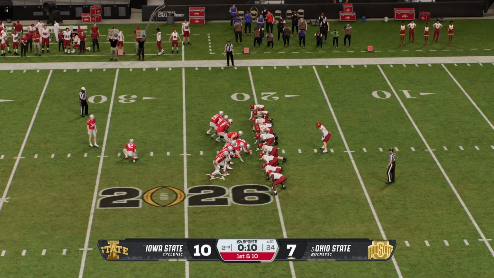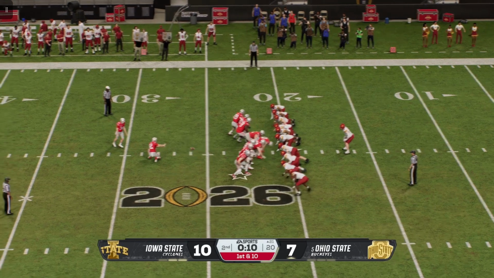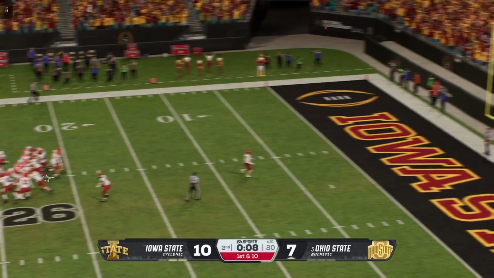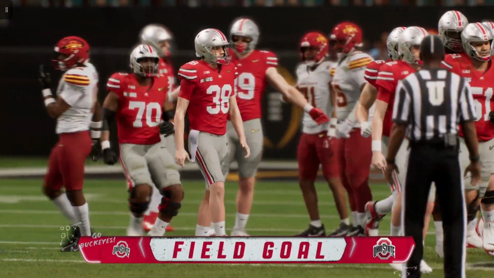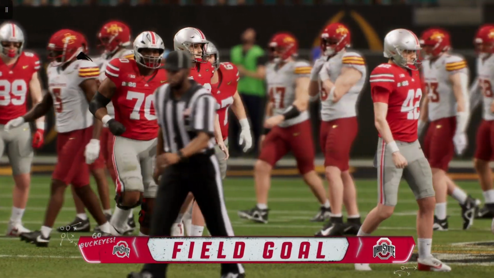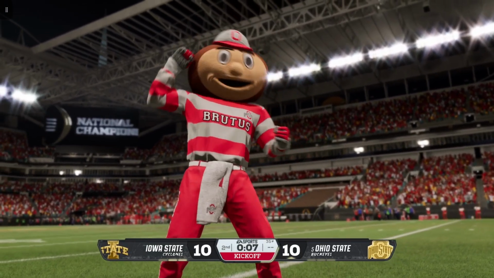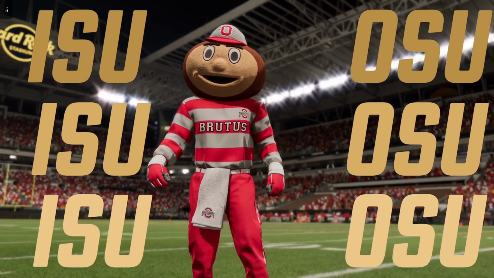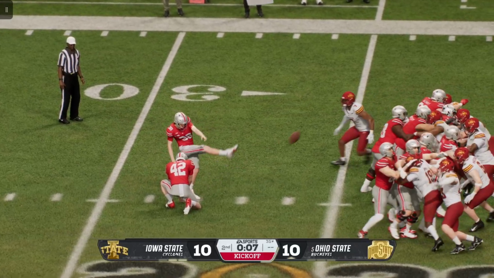So on first down, field goal units are out there trying to get 3 points before the half. Kick right down the middle. Can't hit it any better than that. And that will tie the score as halftime approaches. I was watching this guy in pregame. He has got a strong leg. Not surprised here he's able to put 3 points up for the offense.